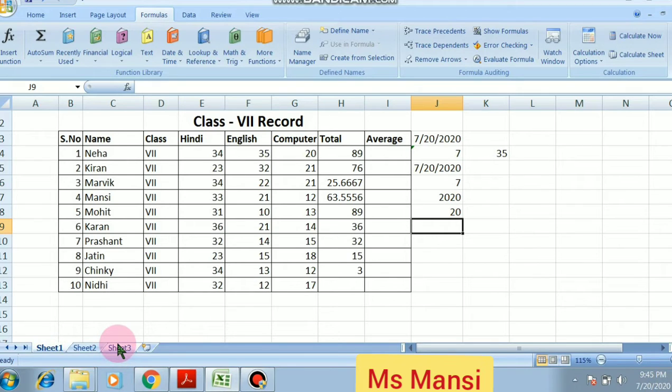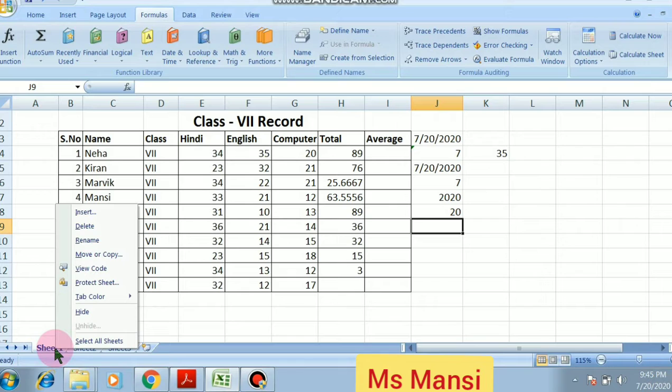Managing means you have to rename your sheet name, and you have to add more than 3 sheets also. Clear? So how to rename? Firstly, like I want to rename this sheet, right click on this sheet and click on rename.